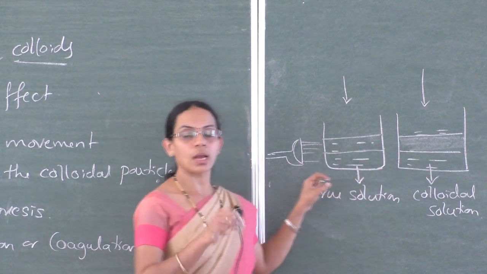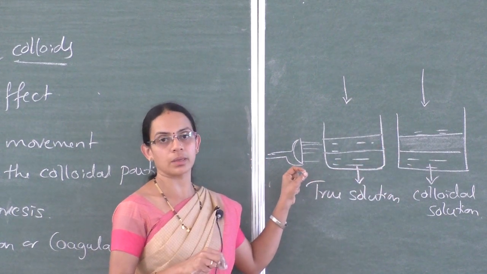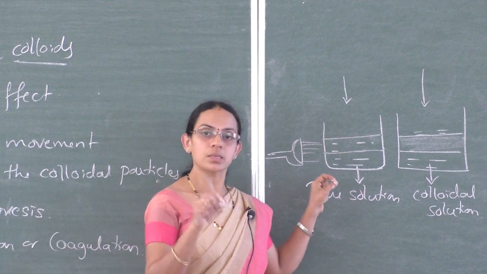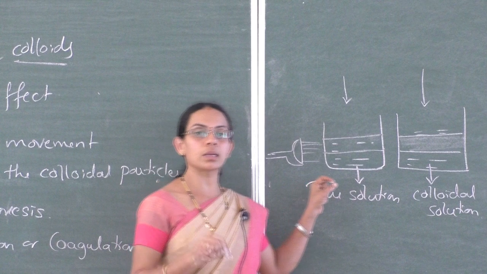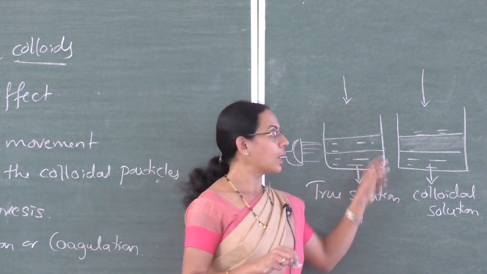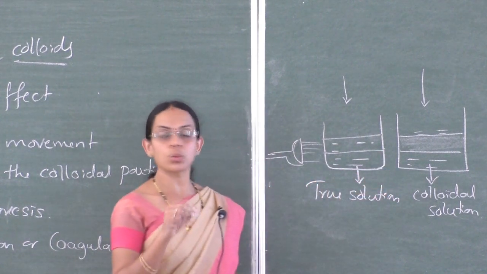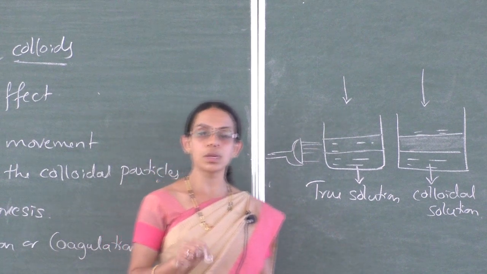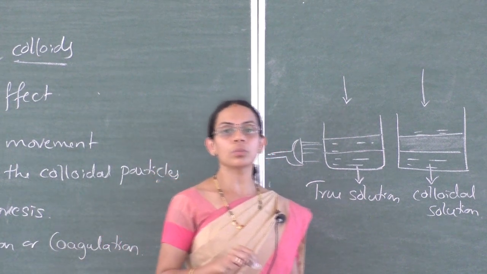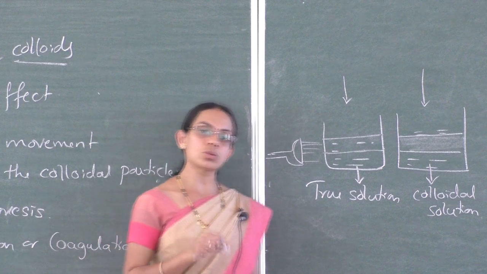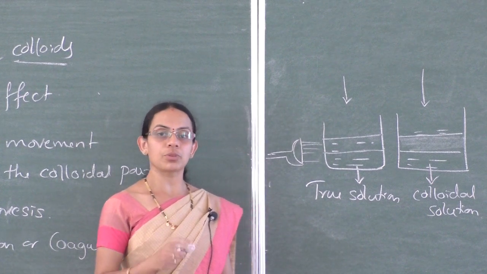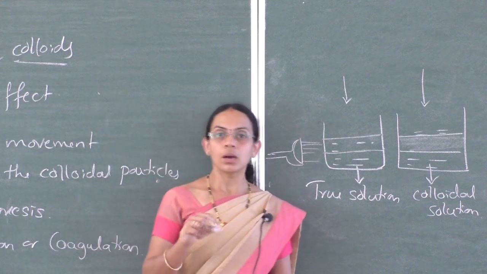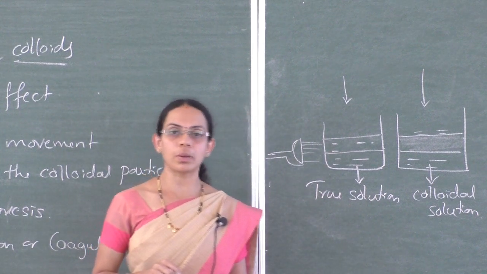That is also the scattering of light by colloidal particles. And remember that bright stars are not actually the colloidal particles, they are the light scattered by the colloidal particles. By that experiment we can count the number of colloidal particles, and by knowing the volume of the solution we can also find the number of particles per unit volume, and from that we can also find out the average mass of the colloidal particles.